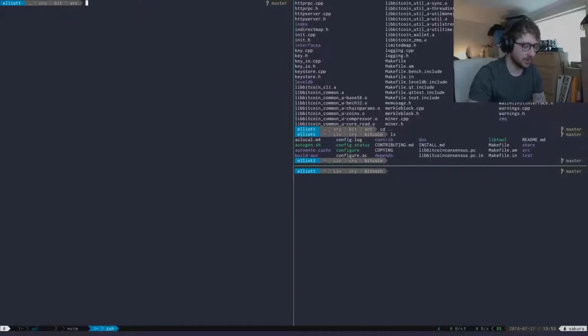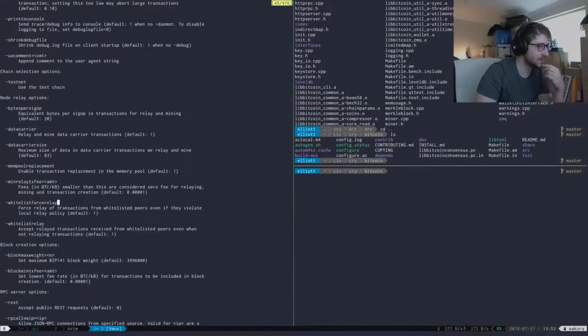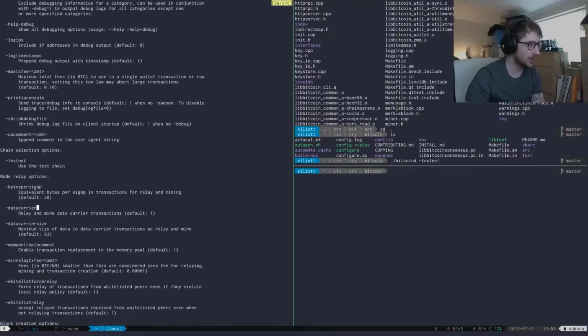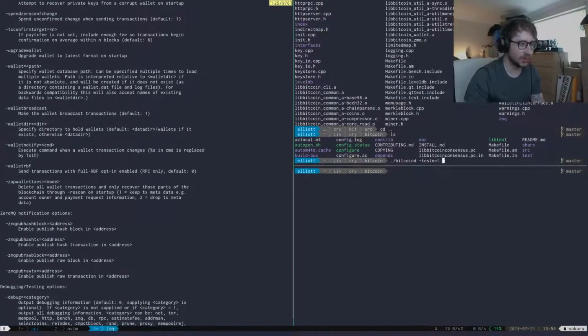Okay, so let me just do the bitcoind help again. We want to run this in testnet. That's most important, so we just add testnet. Let's do that. I'm doing it in this window, just so you can see. Okay, so we've got testnet. Now, the other thing we want to do is walletnotify and blocknotify. These are two very specific things, and let's do it. walletnotify